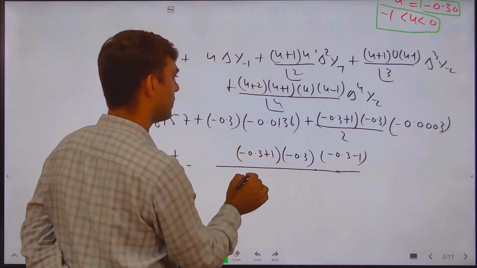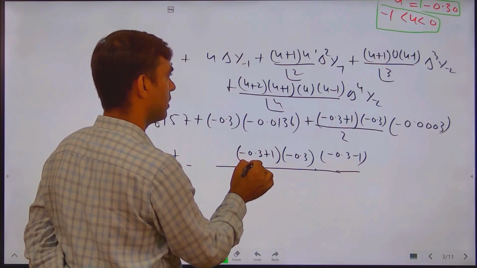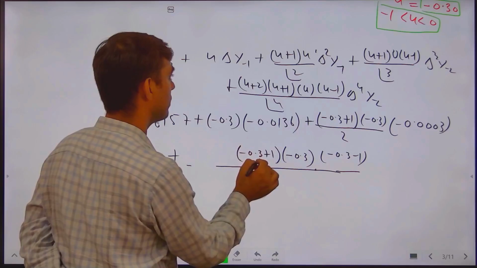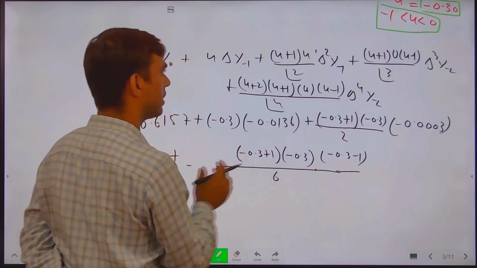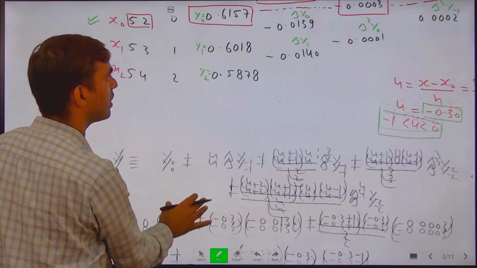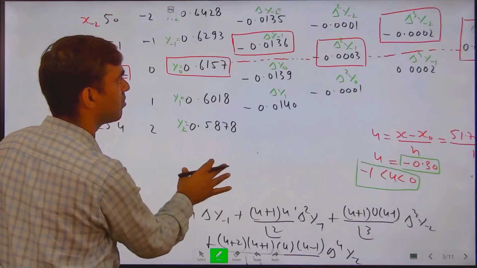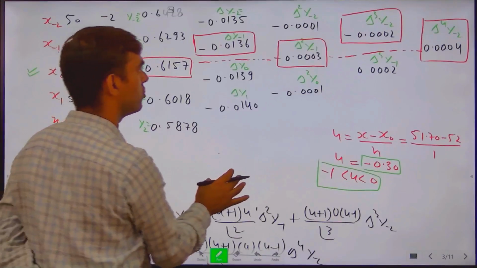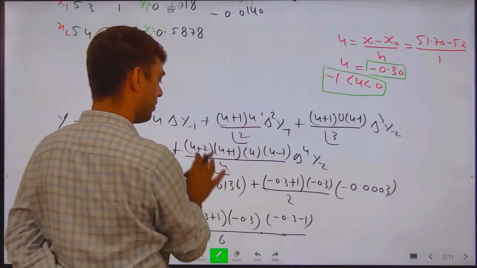divided by factorial 3, which means 3 times 2 is 6, into del 3 y minus 2. Del 3 y minus 2 is minus 0.002. Minus 0.302. So here we write the value of this one,